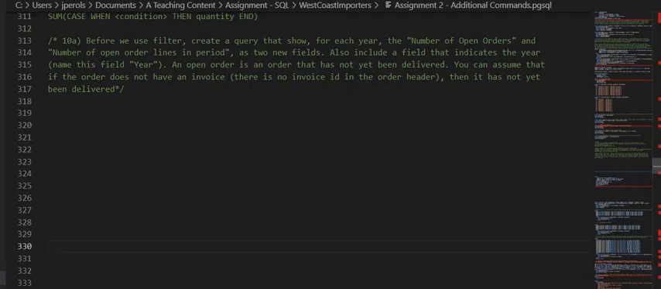Before we use filter, we're going to set up a query that we are then going to apply filter to. The query we're going to set up calculates the number of open orders in each period, and periods here are different years, and also calculates the number of open order lines per year. We're also going to include a field called year. For each year, I'm going to be counting the number of open orders and number of open order line